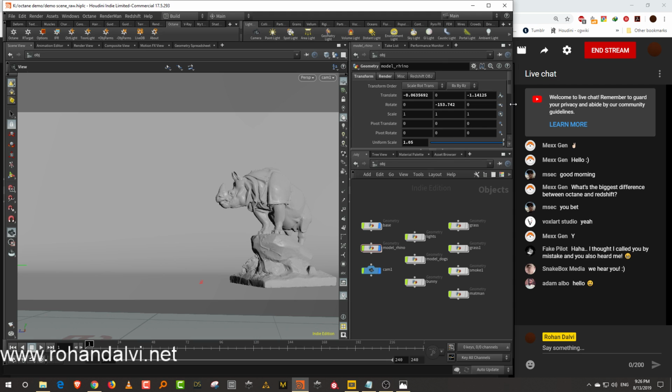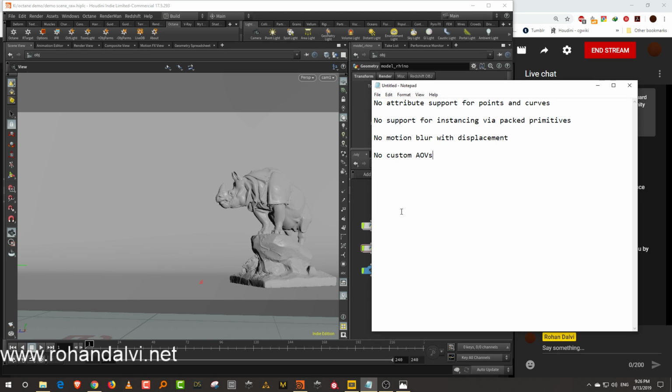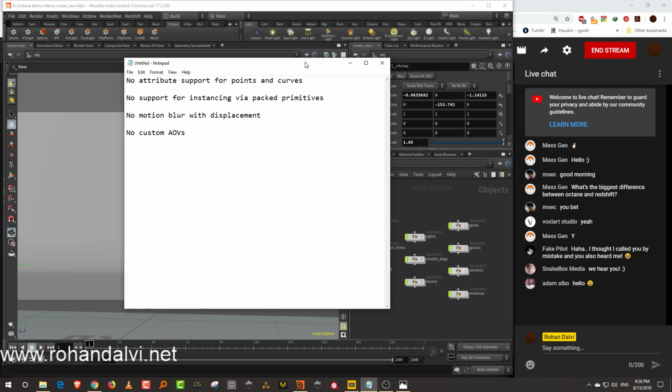But yeah, beyond that, I made a list of what Octane is primarily missing right now. I use Octane mostly, but my usage is very specific. I'm almost an illustrator. I don't do a lot of animation work. So from that standpoint, Octane works perfectly for me. Not that you can't do animations with Octane. I've done a few animations with Octane, but there are some places where Octane can really